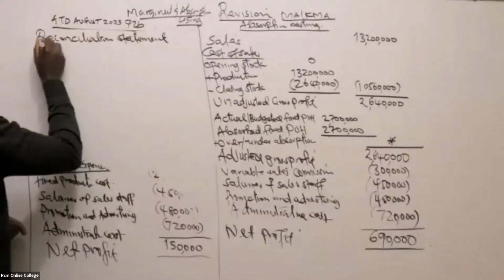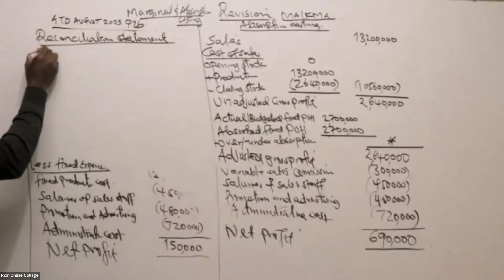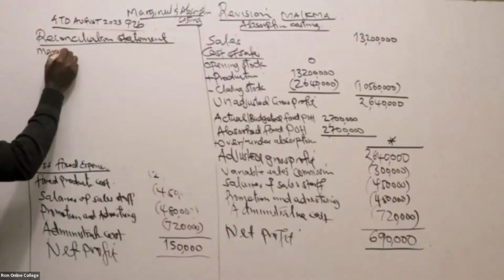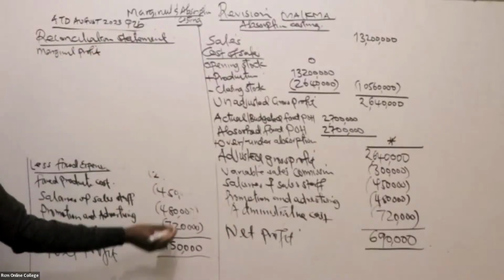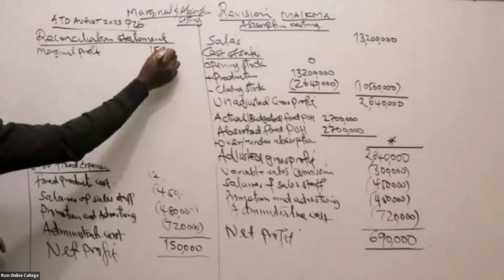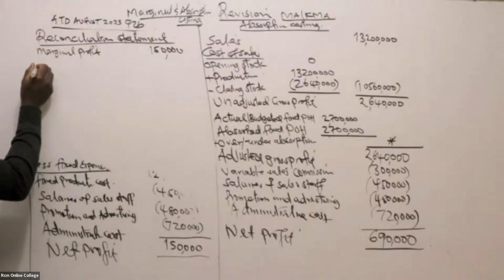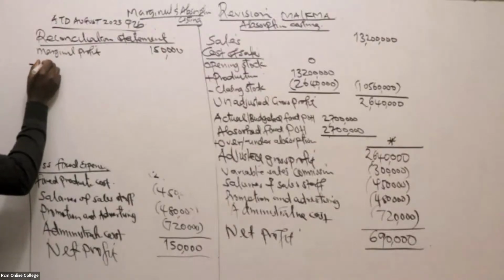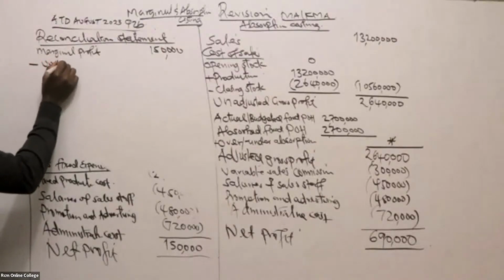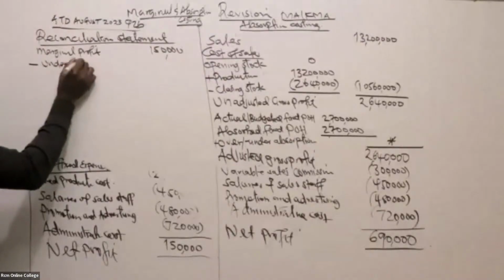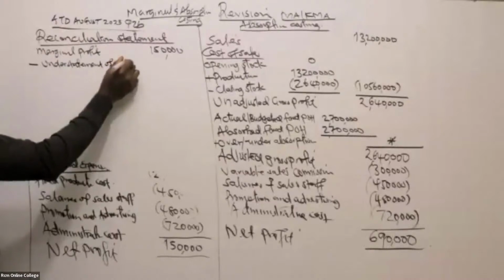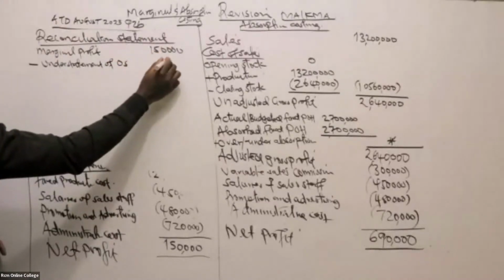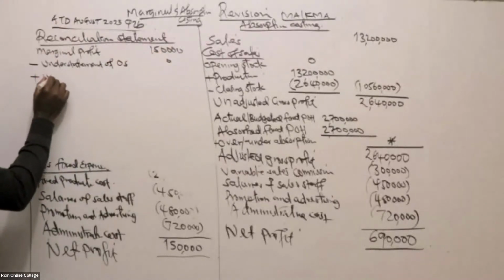So marginal profit, or profit as per marginal costing, is 150,000. Then what did he say? Less understatement of opening stock, which we are not having. Then add understatement